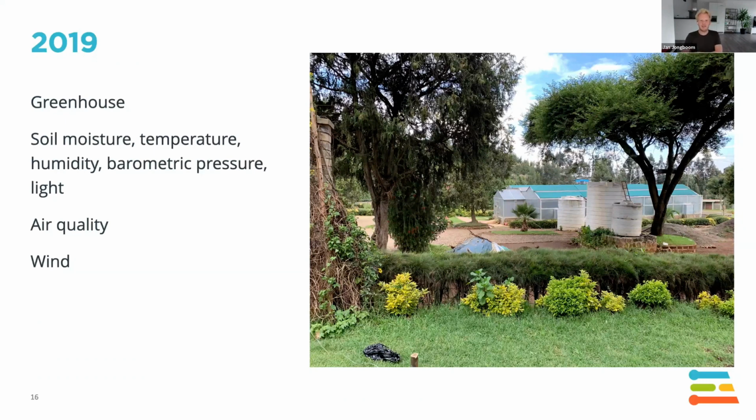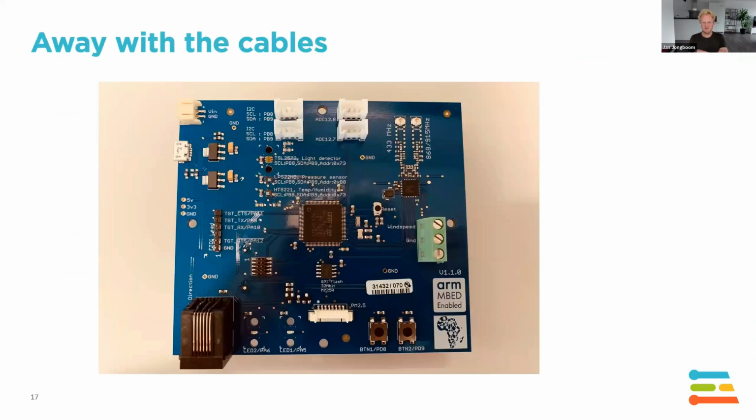And there we wanted to collect some data: soil moisture, temperature, humidity, barometric pressure, light, and then we had additional sensors that we could deploy for air quality and for wind. So this time we upped it a notch. We built a custom board. You see the DSA logo in the bottom right corner. This board was put together by Chris Stiles. He's the same designer of the micro:bit. I think lots of people on this call have seen that. Chris was a colleague of mine at ARM, and he put together this board.